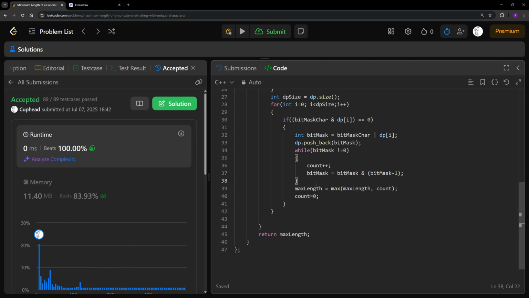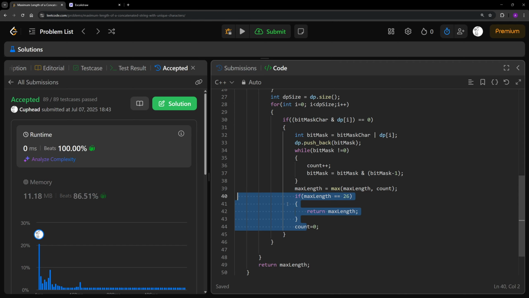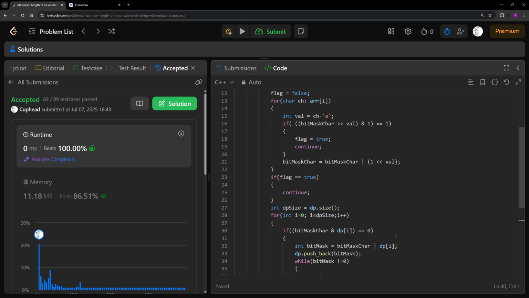I can even make it very interesting. Even if you stay at this point, it's fine too, but let me see if we can do something fancy. Return max, because max can only be 26, right? Let me see if it goes from 100% to 101%. I'm thinking my memory usage will be reduced more. Exactly, my memory usage improved, even 3% is good, because I'm doing an early detection. If max length is anyways equal to 26, then we can just exit out of here.